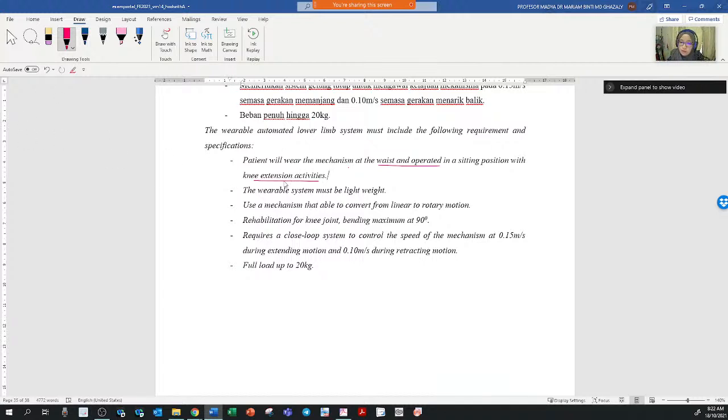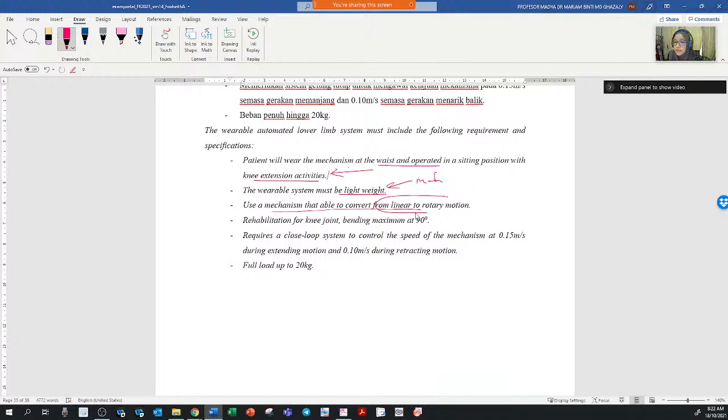Okay, so wearable system must be lightweight. So means that for this case you need to know that it's going to be actually worn at the feet. Second one is lightweight, so you need to determine the material. Material must be lightweight, so it cannot be metal. Okay. Use mechanism that is able to convert from linear